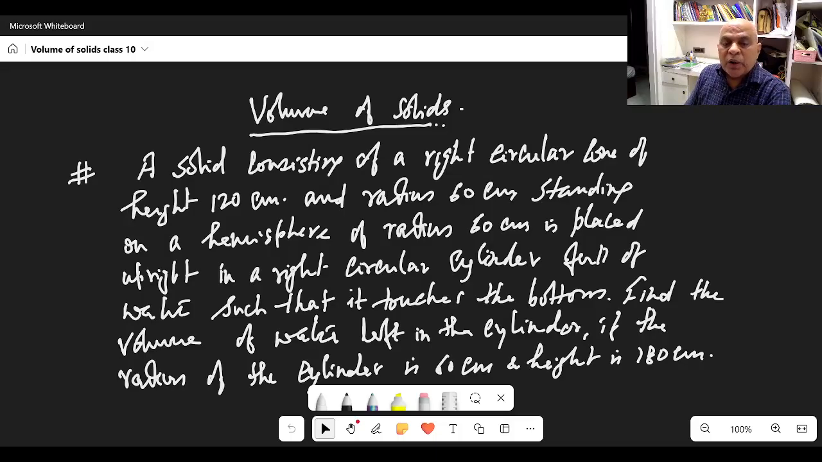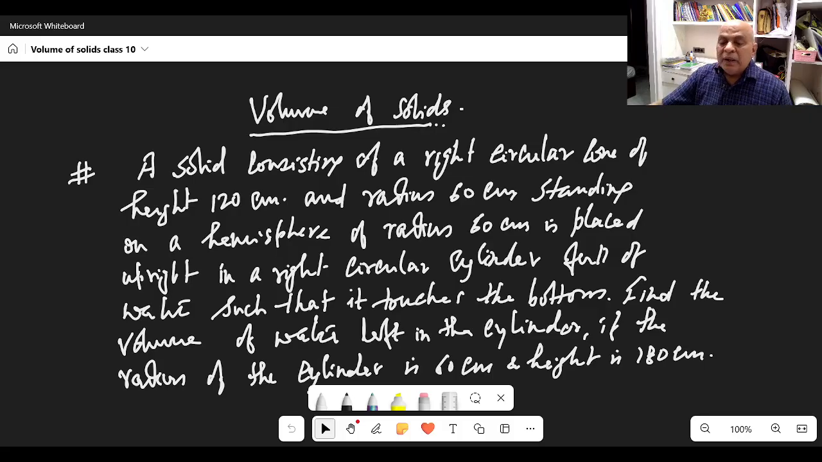The problem is: a solid consisting of a right circular cone of height 120 centimeter and radius 60 centimeter standing on a hemisphere of radius 60 centimeter, and all these things are placed upright in an upright circular cylinder full of water such that it touches the bottom. Means the whole system, the hemisphere plus cone, touches the bottom of the cylinder. Find the volume of water left in the cylinder if the radius of the cylinder is 60 centimeter, height is